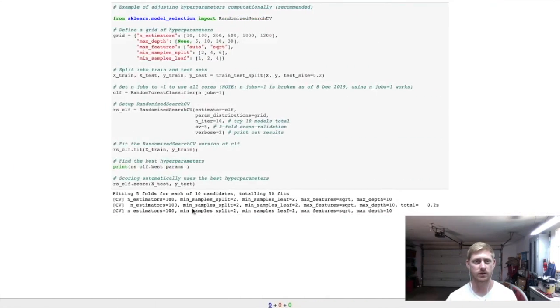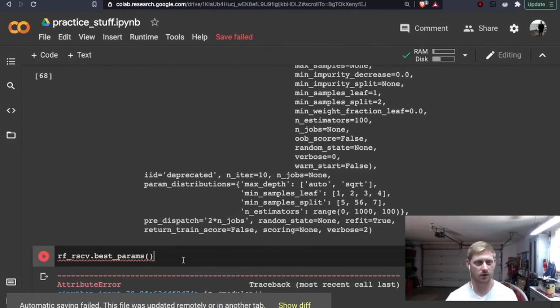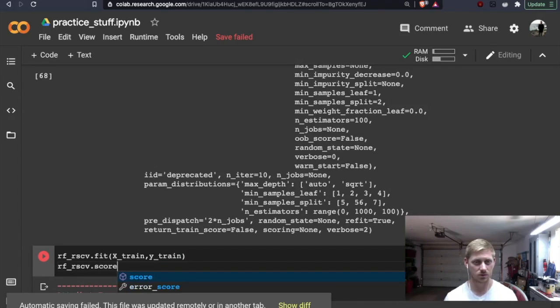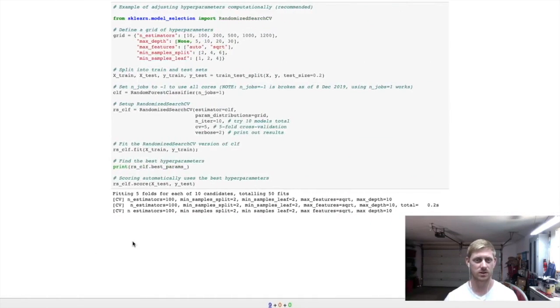So do I need to fit it? So from here we have RS, so dang. Okay, good job, Doug. So we need to fit it. X train, Y train. Do I need to score it? Maybe. Dot score. What does it say?